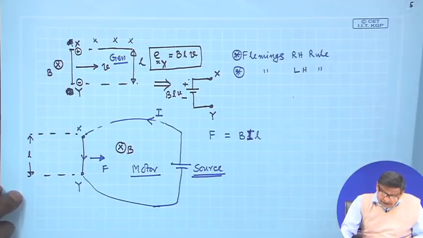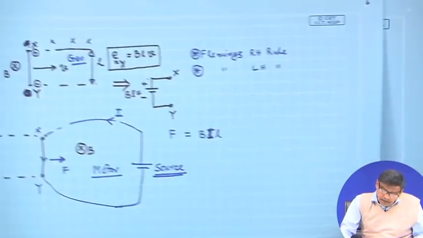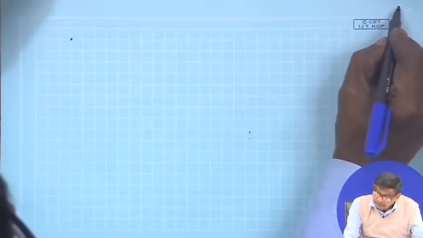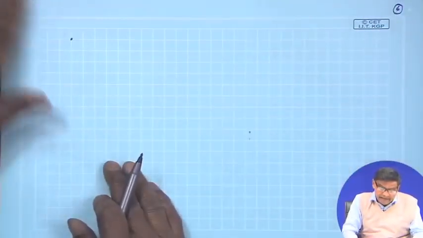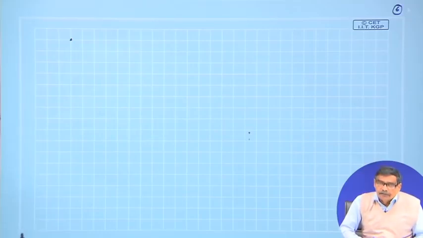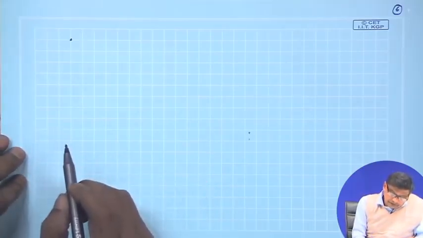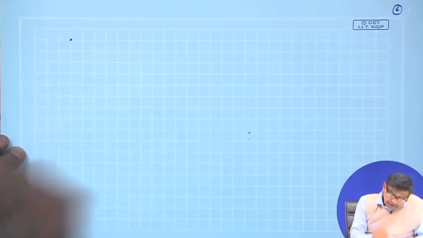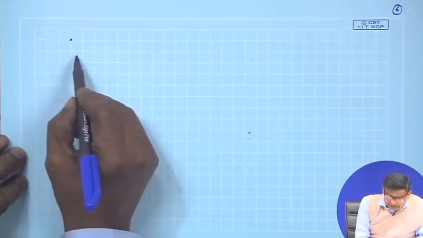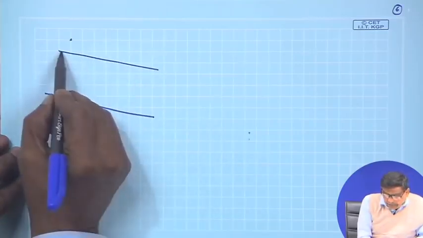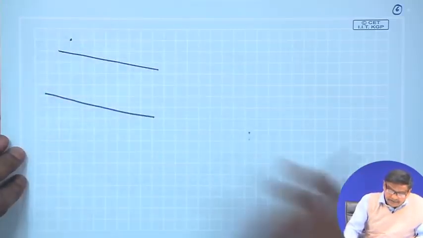Now, after learning this, we will now go to a simple motor problem. What is a motor? The arrangement, try to understand. Suppose you have, let me draw slightly in 3 dimension roughly. Suppose you have got 2 rails, railway track,